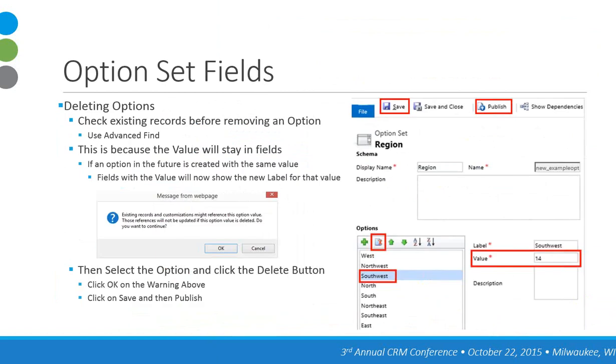Now, coming back to that value and how this is important, mainly when you want to delete options from this option set, you always need to check existing records in the system to make sure they have not had that value selected, because if you were to just come in here, delete Southwest, for example, and then later somebody else comes in, creates a new option, but uses that value of 14,